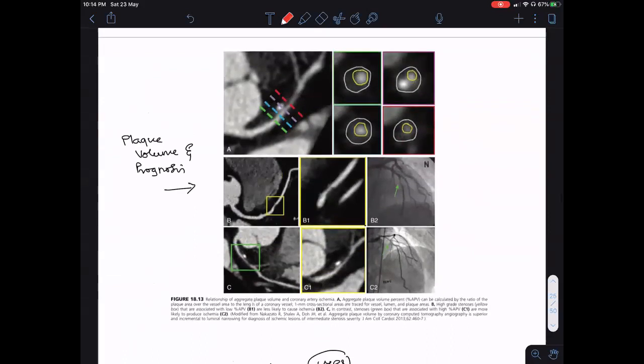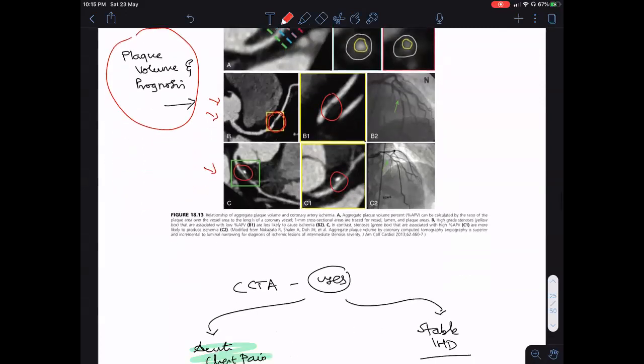So here, just to briefly mention, plaque volume is also important. In these two illustrative examples, we can see that in this picture, there is some lesion here, and there is probably a high-grade stenosis, maybe 60%, 70%, etc. But the plaque here is not at all vulnerable, so it's less likely. But look at this here. The lumen is fine. The stenosis is not significant, but we can see that there is some calcium here. So things like this, minor details, are important to prognosticate.